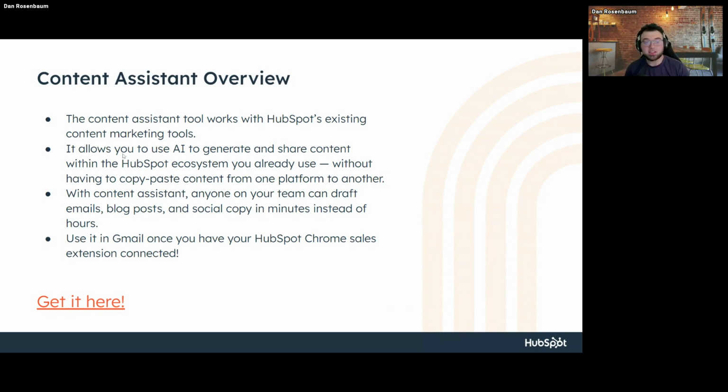Content Assistant allows you to use AI to generate content from scratch or adjust existing content, so that you don't have to create something in one platform, copy it, paste it into HubSpot, mess around with it, and go back and forth. It's nice to have it all under one roof.